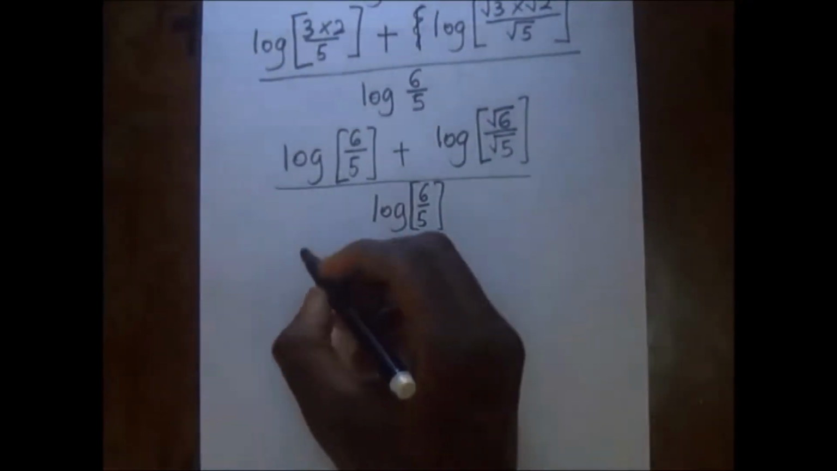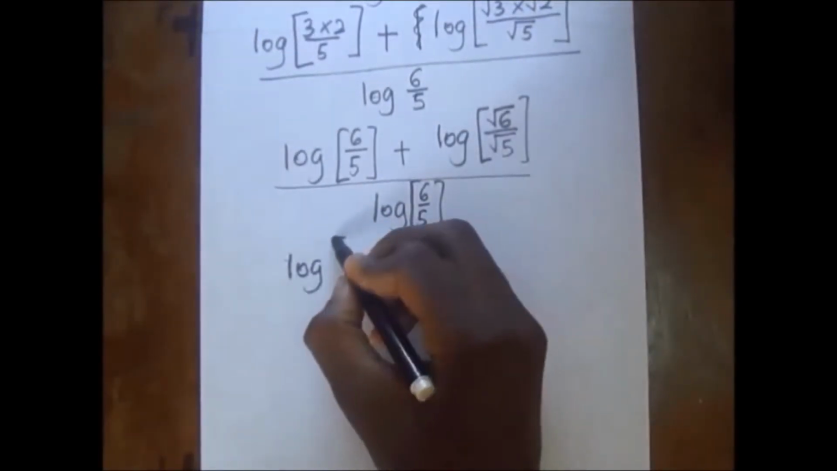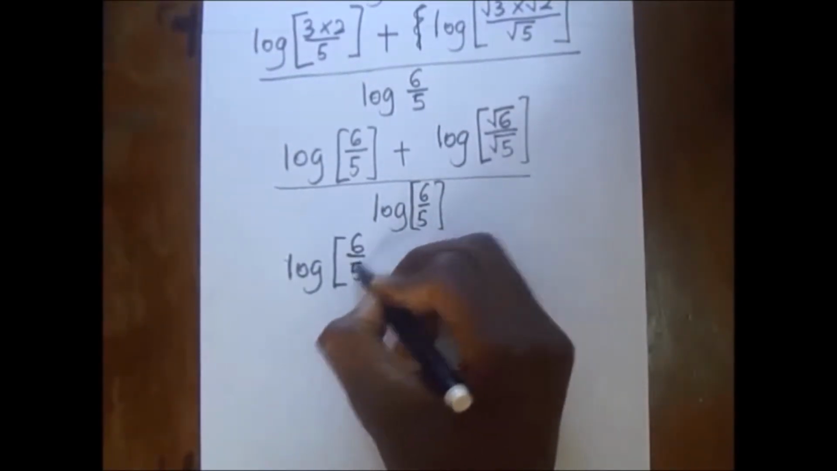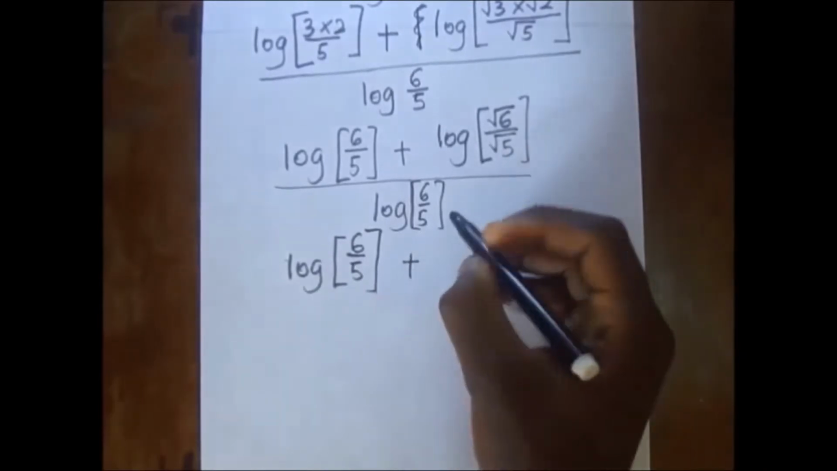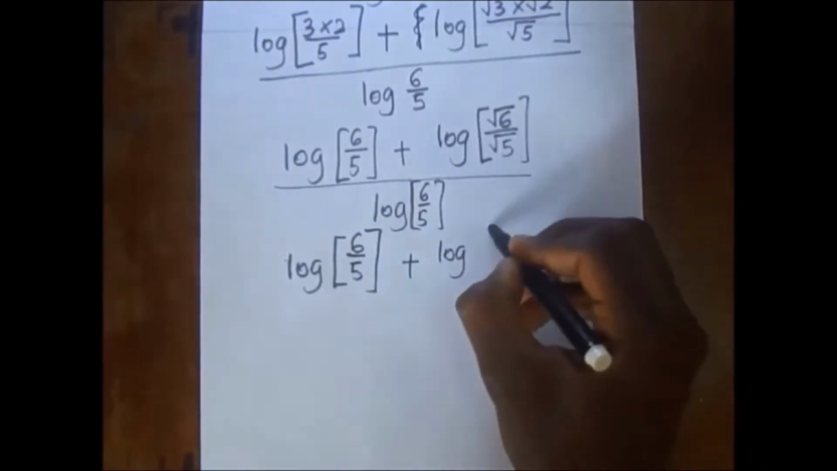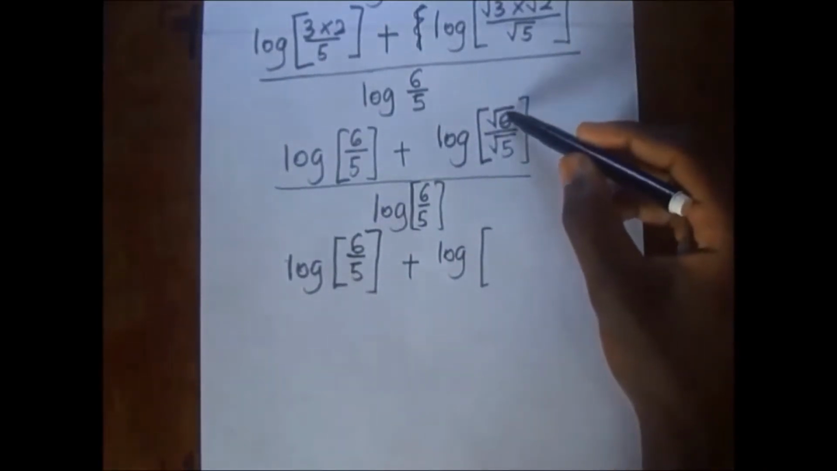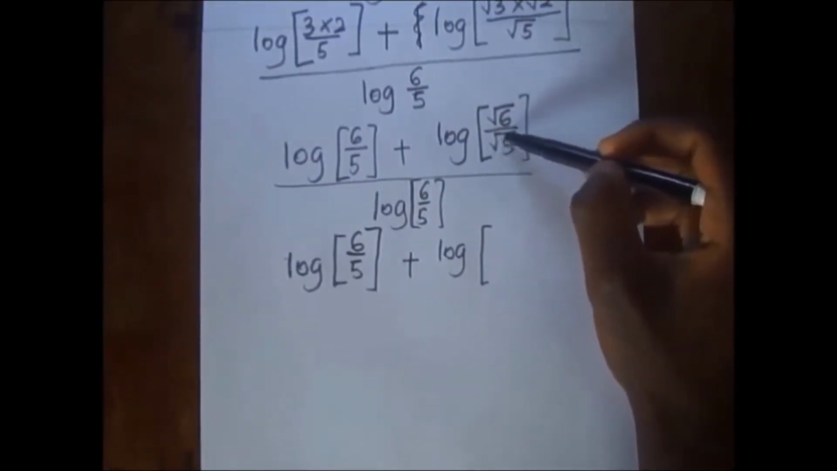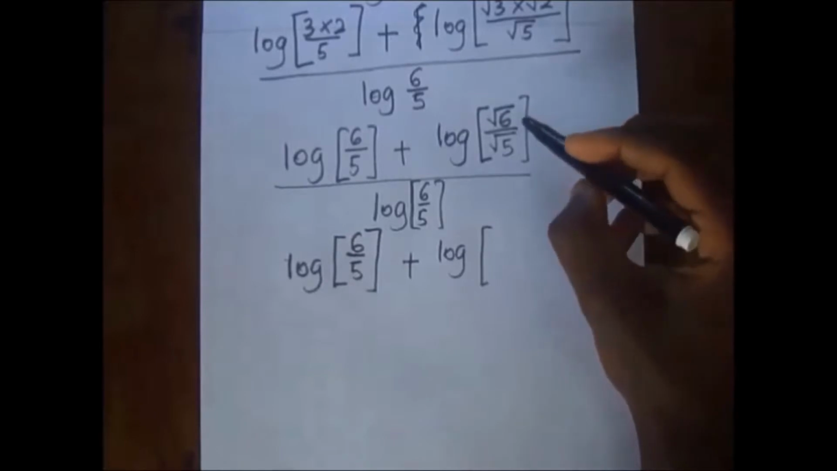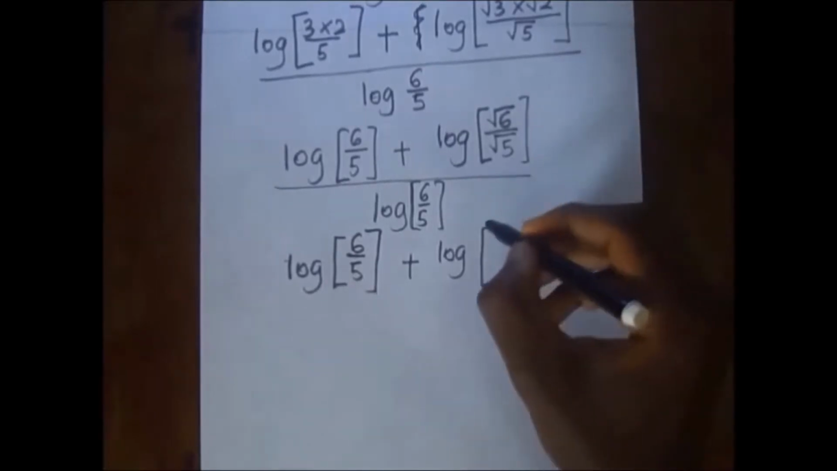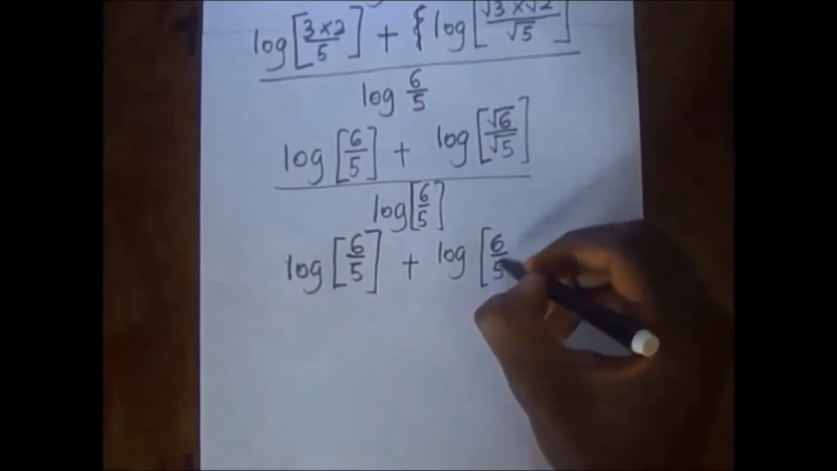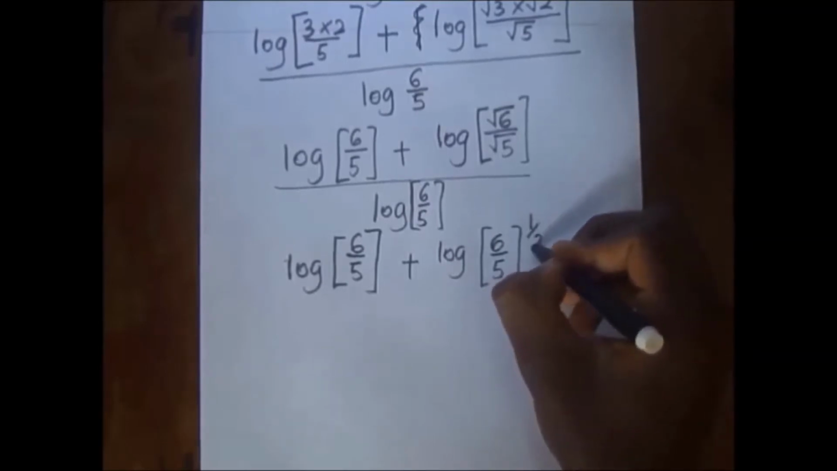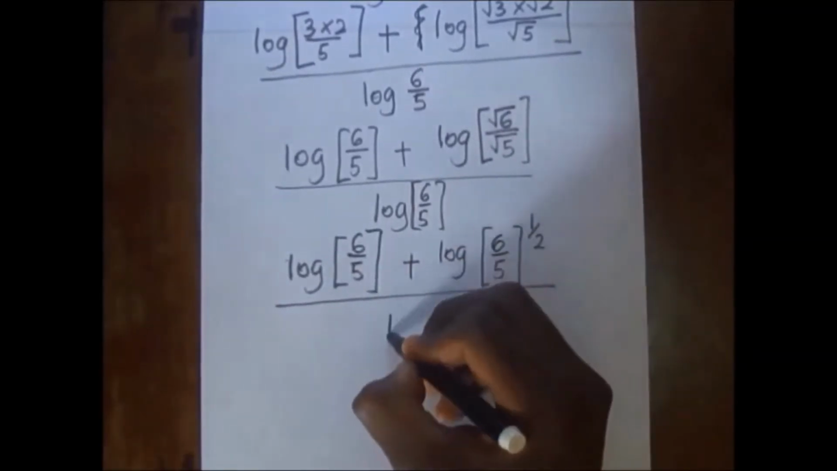So we continue, it's going to become the logarithm of 6 over 5 plus the logarithm of, now root of 6 over root of 5 is the same as the square root of 6 over 5, and square root of 6 over 5 is the same as 6 over 5 to the power half. So it is the same as saying 6 over 5 to the power a half, divide all that by